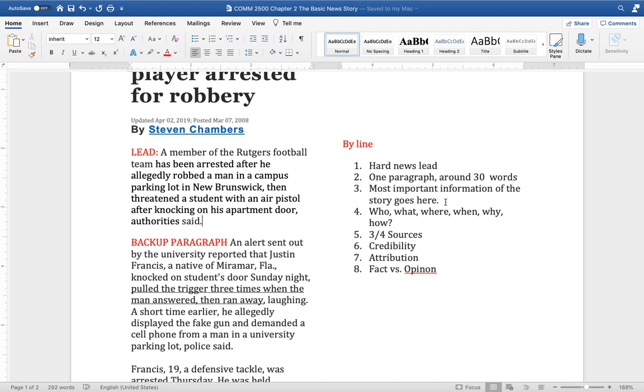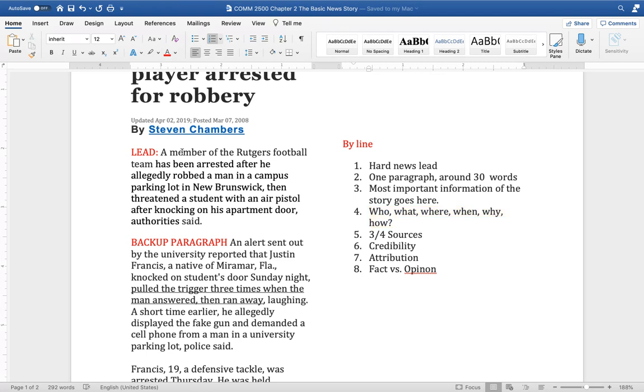The most important information goes in the lead, all right? And how do you determine what is the most important information? You answer certain questions. And those are the 5 W's and how. Who, what, where, when, why, and how. Now you can't put all of those in the lead. That's too much information. It's too long a lead if you get all of those in. So you have to decide what information is the most important. What information does your reader need to know first?